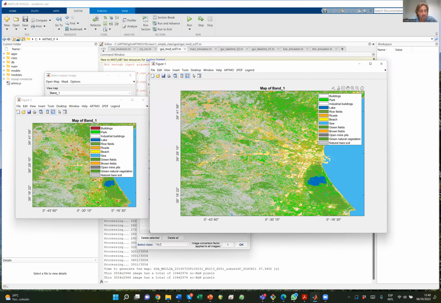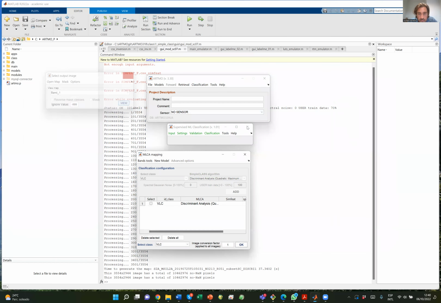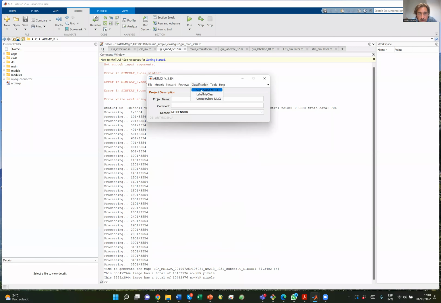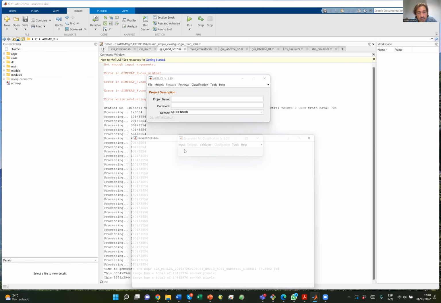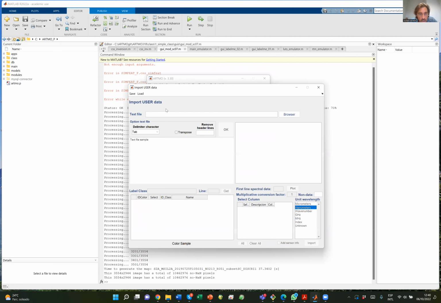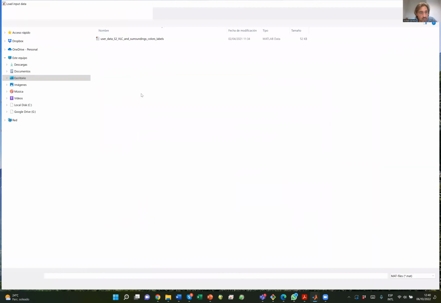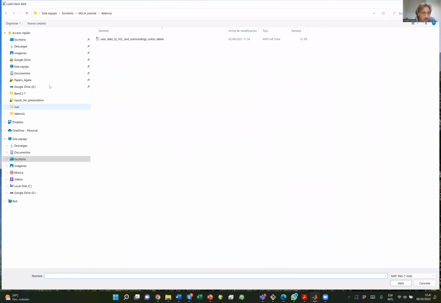Okay, so this was, let's say, the basics. Now let's try some more advanced options that are also within the toolbox. I will close this. Let's start again. Classification, supervised, input user data. And now I will load directly. I could go to the browser, but I think I've done it already, so I can directly load